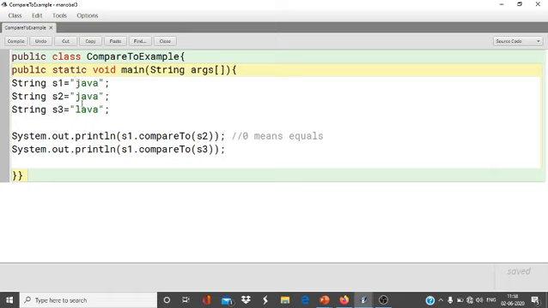Now here in the second, this S1 is compared with this S3. So J is here and L is here. The Unicode of J and the Unicode of L. So the Unicode of a small l is greater than the Unicode of a small j. Or simply for understanding, take an example of ASCII code.